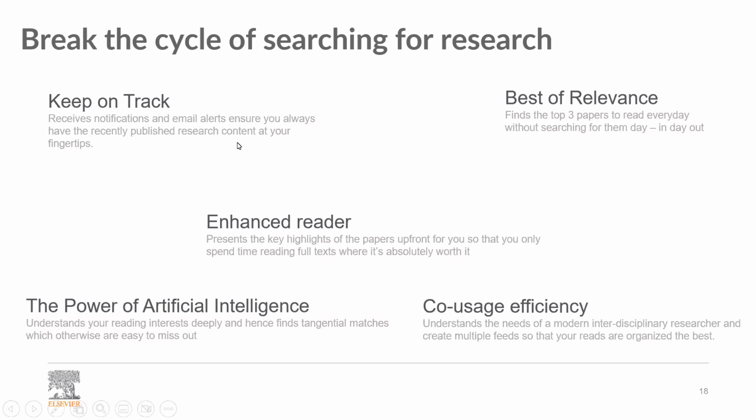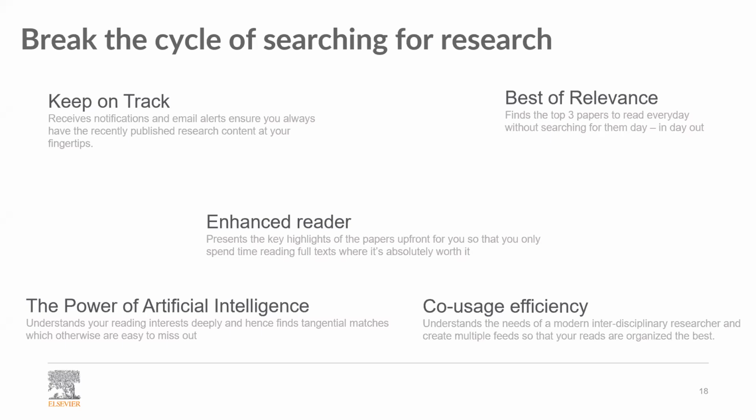Of course, I need the smart tool to keep me on track, because I have mentioned that duplication of any published work can't be published. So I need to be aware of any new outcome or new publication coming out on that specific topic. I need to be updated and notified, so I need that smart tool to send me a notification about any new publication under the umbrella of that topic.